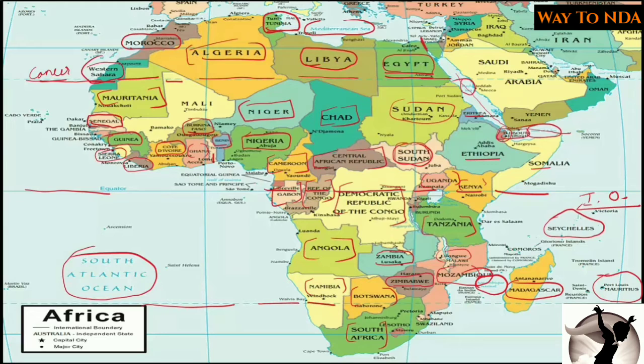So Namibia, Capricorn, the Tropic of Capricorn is going through Namibia, then it is further going through Botswana, then some part of South Africa, then Mozambique, and further through Madagascar. So the Tropic of Capricorn is going through Namibia, Botswana, South Africa, Mozambique and Madagascar. So remember this also, this is very important. Okay, now